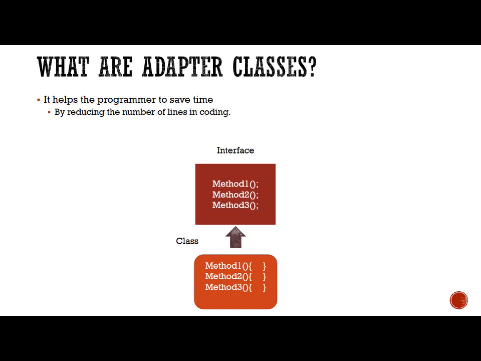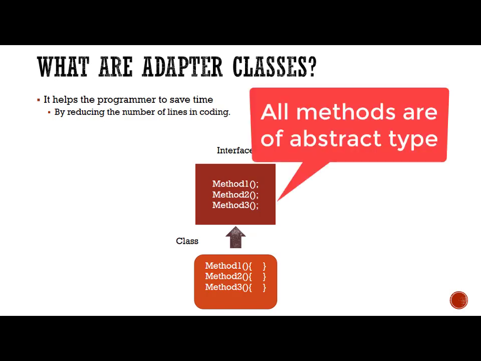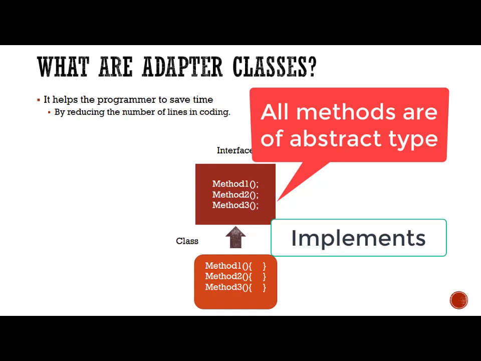In order to appreciate what adapter classes are, you need to know some things about interfaces. We all know what an interface is. An interface is also a Java reference type. An interface would have a number of abstract methods. A class can implement an interface. Once a class implements the interface, it has to override all the methods of the interface. For example, you have three methods in this interface: method 1, method 2 and method 3. The class which implements this interface must override all three methods, that is method 1, method 2 and method 3 as well.